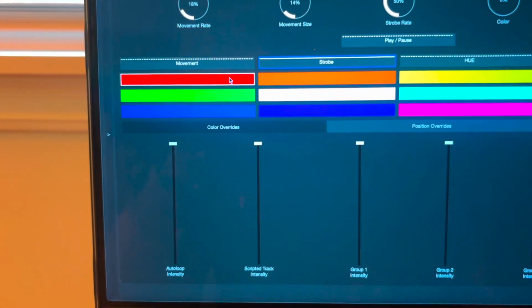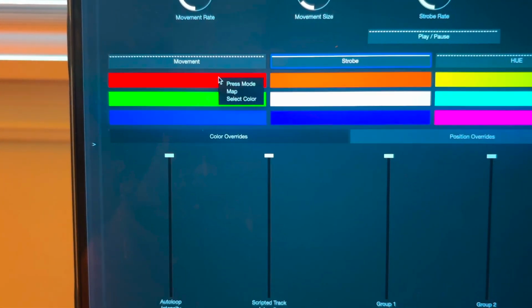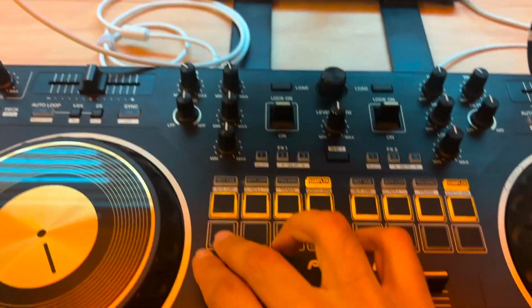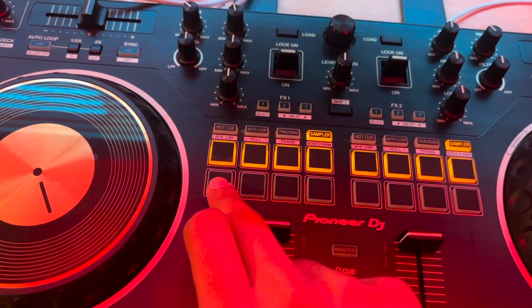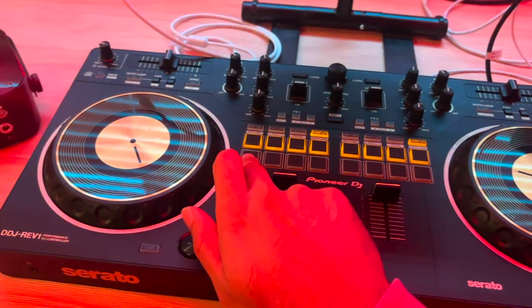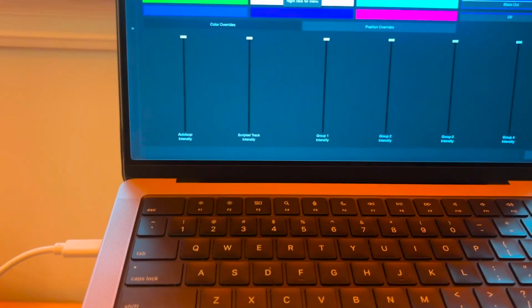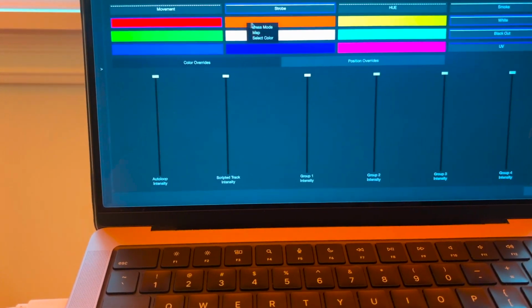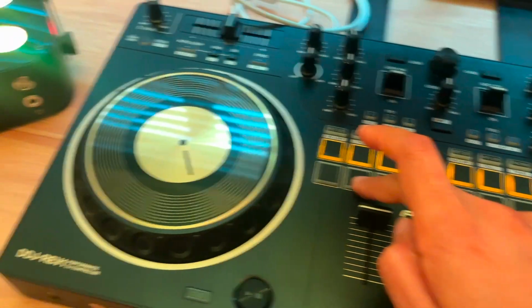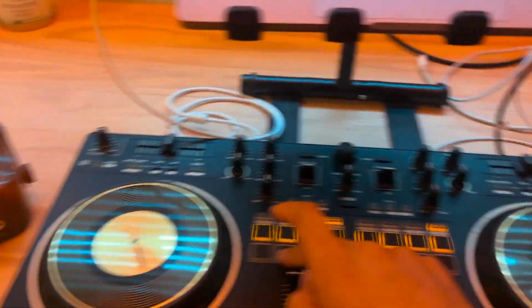So now if I want to MIDI map, I just do what we did before. Click map, it's glowing red, and I want to make red this guy right here. So now every time I click it, it's going to red, click, red, click. Let's say I want to make the next button here this amber color. So map, it's glowing red again, and I just go to this guy here. So now click amber,